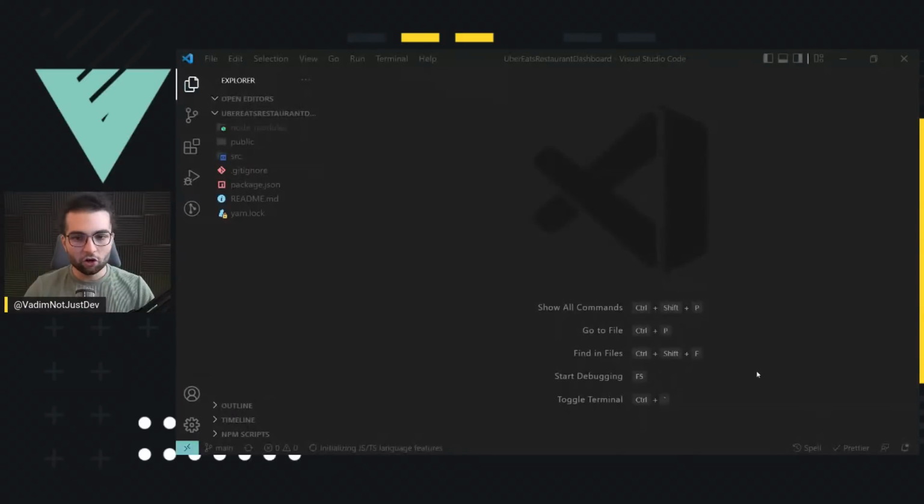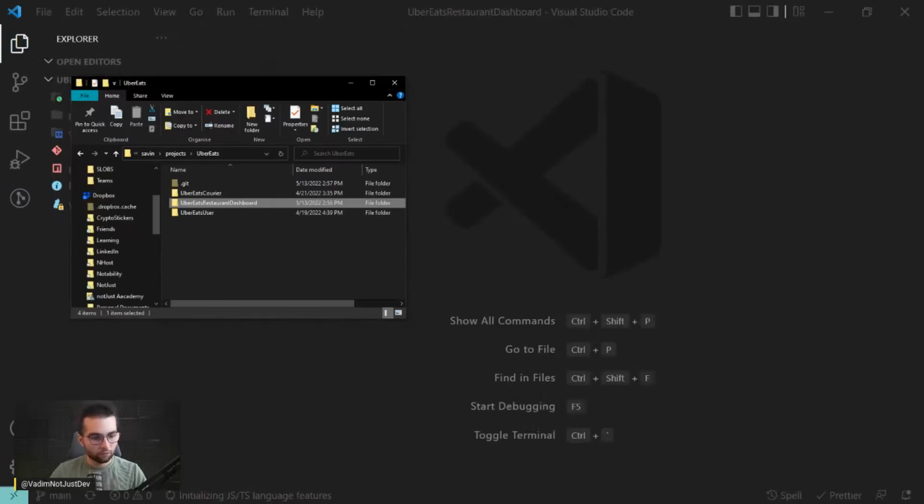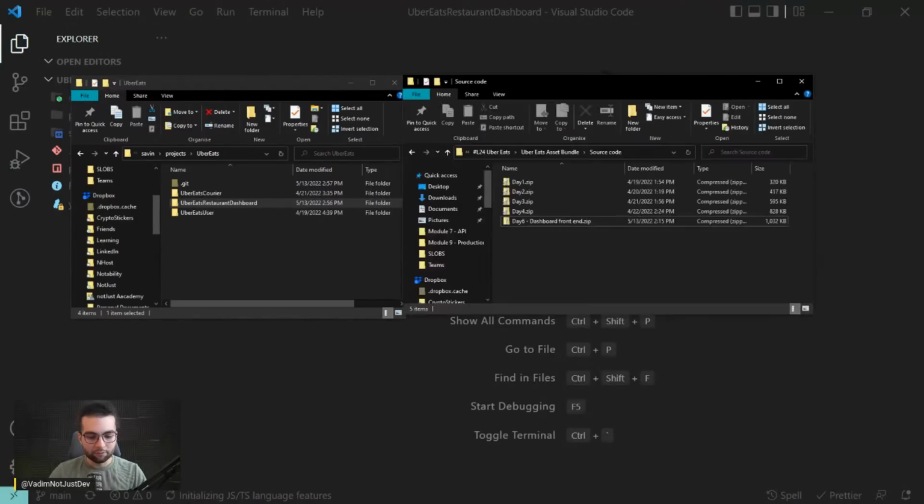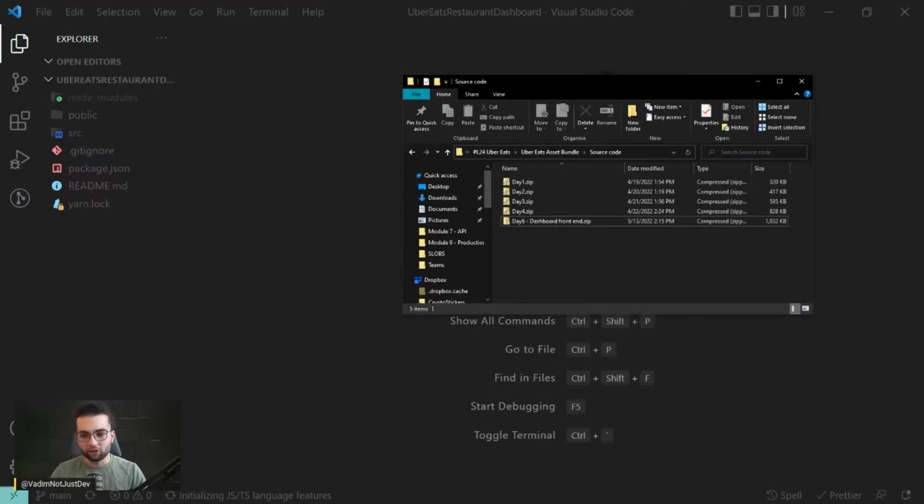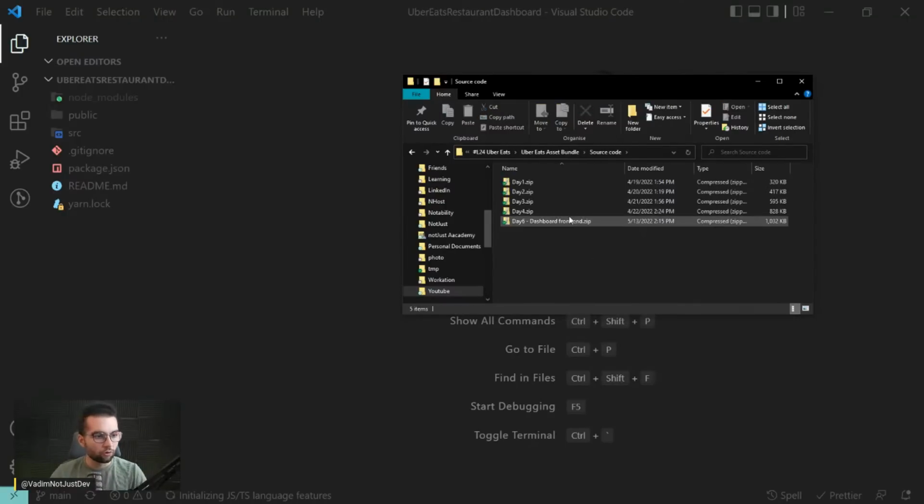All right, guys. So let's have a look at the application that we have right now. I have it here open in Visual Studio Code, but as I said, I also provided it in the asset bundle that you can download following the URL in the description, assets.notjust.dev/Uber Eats. In this asset bundle, there is the folder source code. And in the source code, there is this day 6 dashboard front end zip. When you unzip this folder, you will see